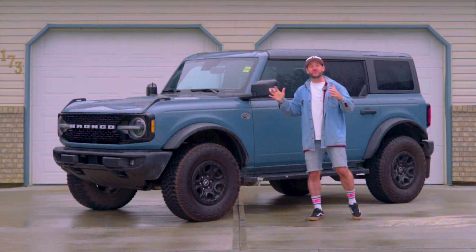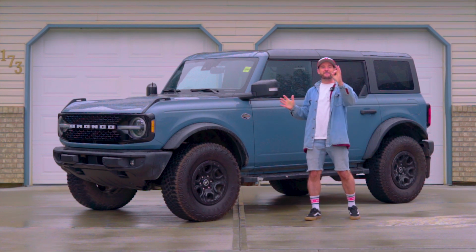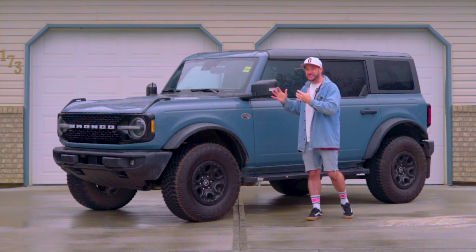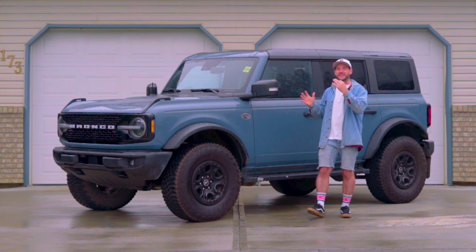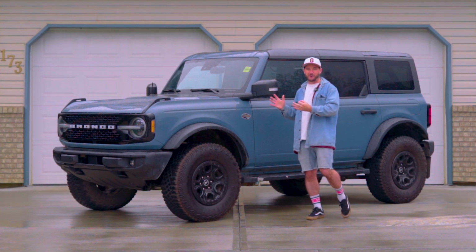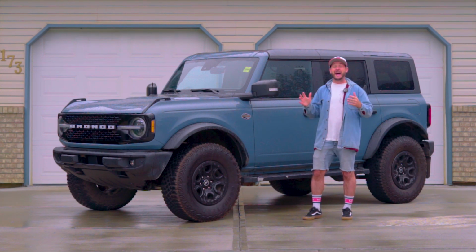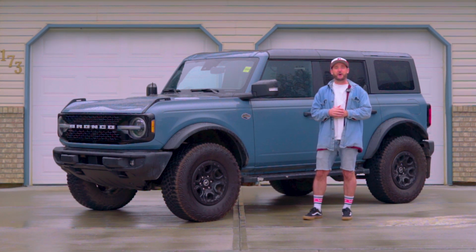The all-new Ford Bronco. The number one question on people's minds: is this a better Jeep Wrangler, or is this just an imitation or a wannabe Jeep Wrangler? Well, the answer is both, and quite frankly, I think Ford absolutely knocked it out of the park with the